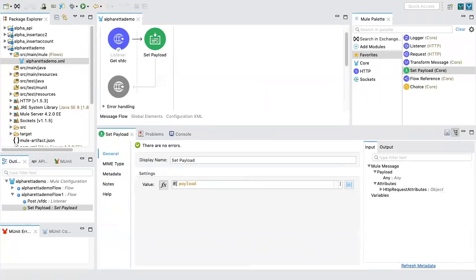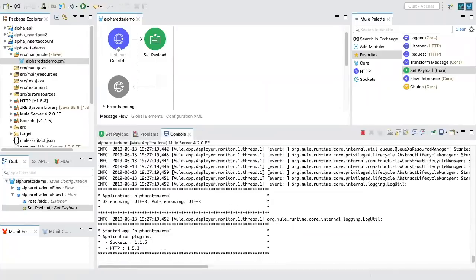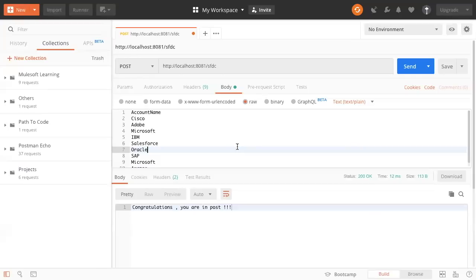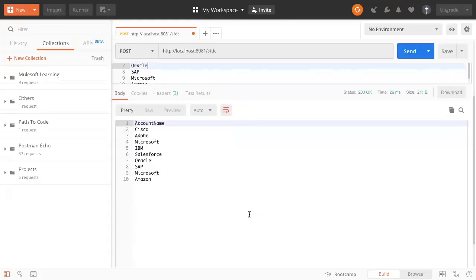That's all I did. In theory, it should work. Wish me luck. Okay, so I am on Postman. I'm not expecting this message now. I'm expecting this data, whatever I'm going to submit. See, it worked. So now we are ready for some Salesforce magic.